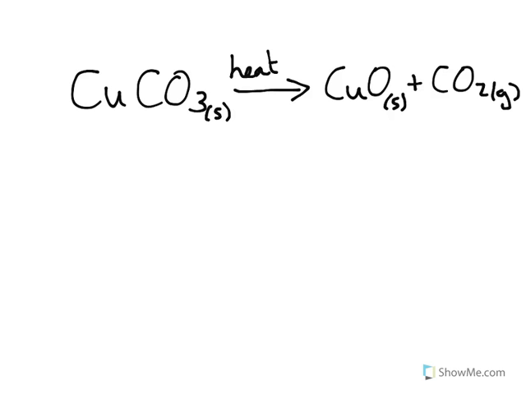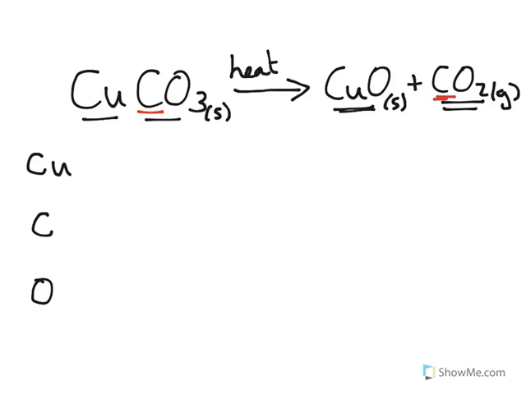Well, here we have the chemical copper carbonate. And if you heat it very strongly, you will get the copper carbonate to turn into another chemical, copper oxide, and it will give you off carbon dioxide gas. So let's start by balancing. We start with our copper, and then we will start with our carbon. The reason that I take carbon before the oxygen is actually that carbon is only in one place here on the left and one component here on the right, whereas the oxygen is in several places,